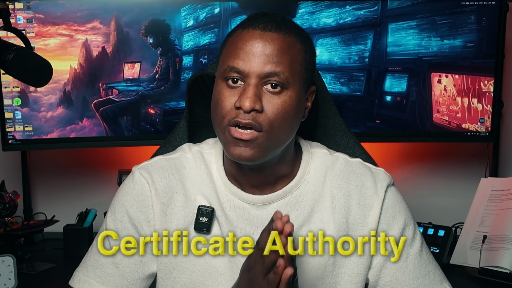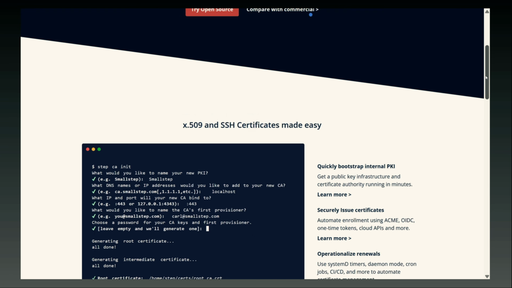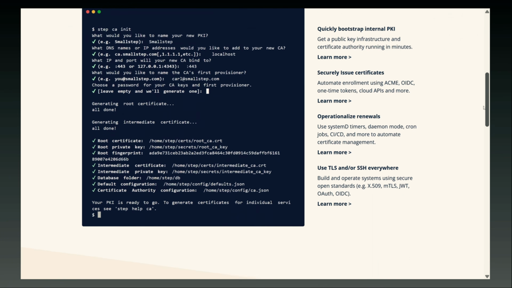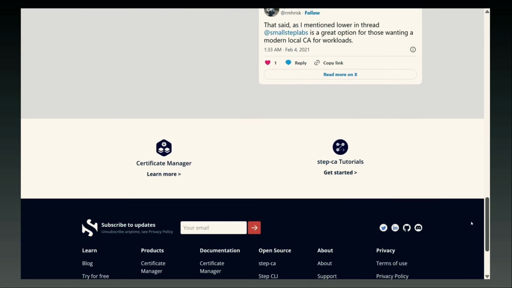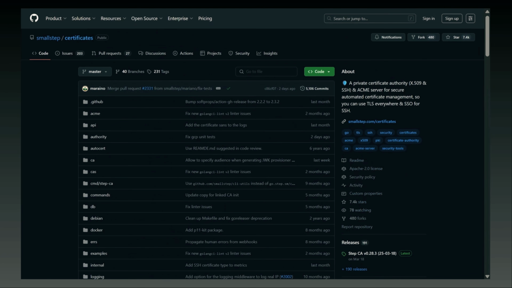In our last video, we set up one of the core services in our environment, and that is DNS. In today's video, we'll be moving on to another critical piece, and that is our certificate authority. We'll be working with Step CA, a lightweight modern CA developed by Smallstep. It makes it super easy to issue, renew, and manage TLS certificates for your internal systems, giving you the full